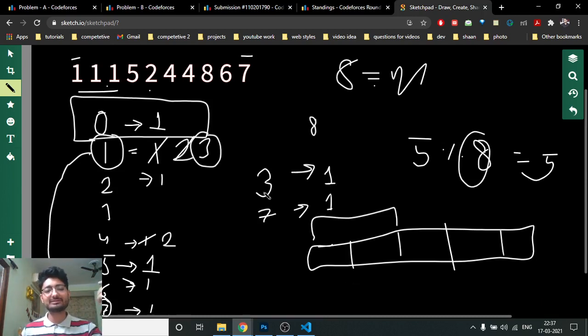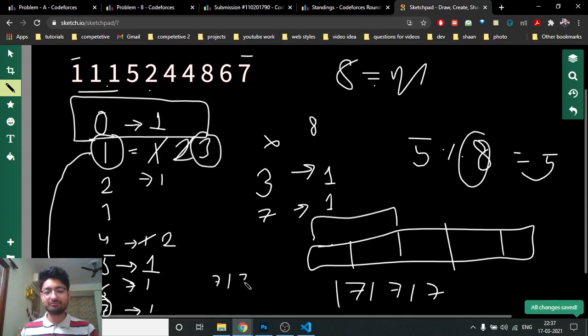If we have some numbers, just leave out this part till now, just see that if I have some number of 1s and some number of 7s, I can put them like this: 1 7 1 7 1 7 and so on, or I can put them like this: 7 1 7 1 7 1. Which means that if I have, let's assume, 3 7s and 2 1s, I can put them in one array only and it is fine. Or if I have, let's assume, 3 7s and 4 1s, then also I can put them.